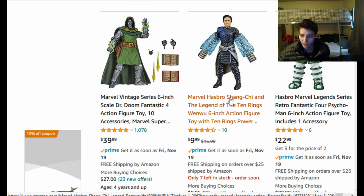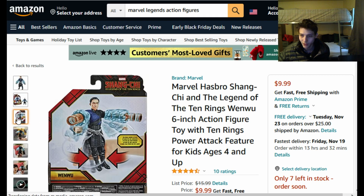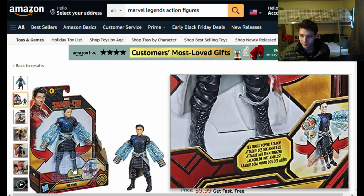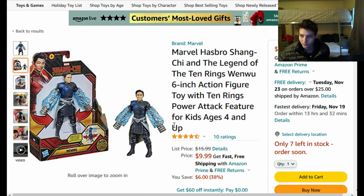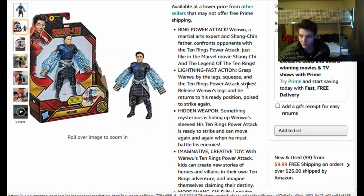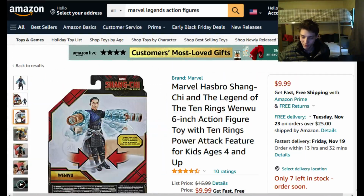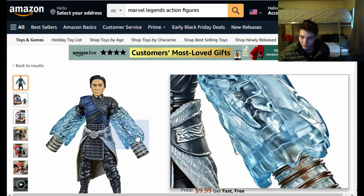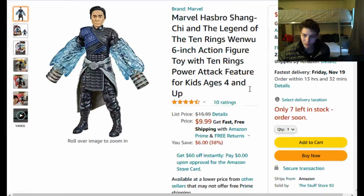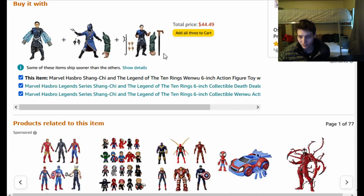This Shang-Chi action figure is not a part of the Marvel Legends line, but if you need an action figure of Shang-Chi, I guess you can acquiesce to buying him for $10 plus sales tax. Although personally I wouldn't buy this figure for $10 plus sales tax. However, you're a pioneer of your own destiny, and how you choose to splurge with your money is up to you. So I hope that you found this video to be